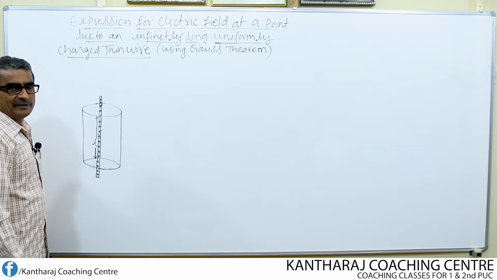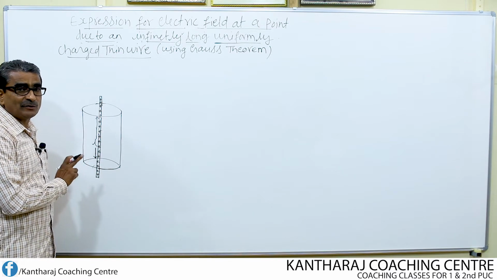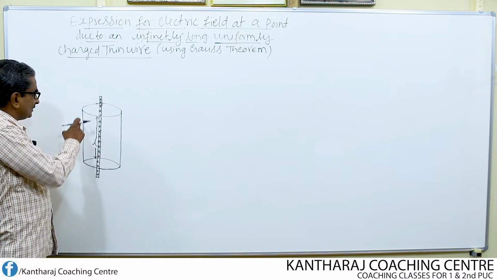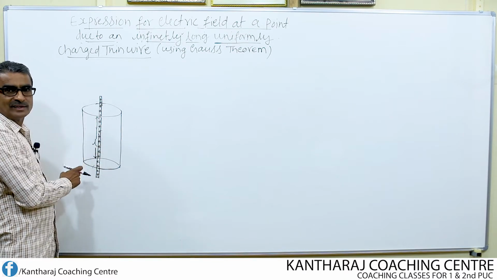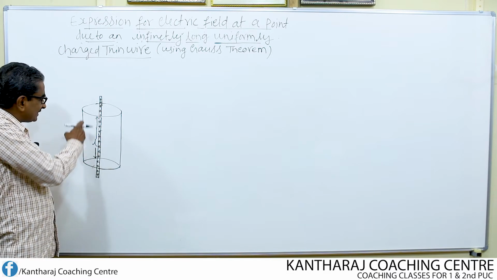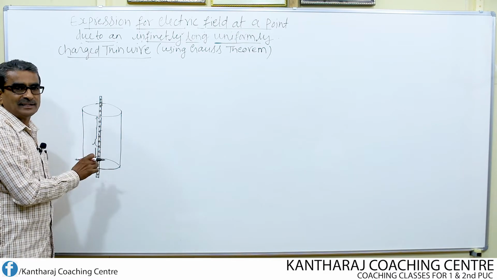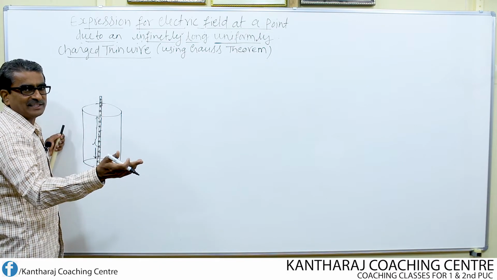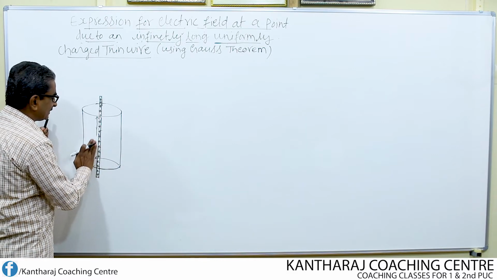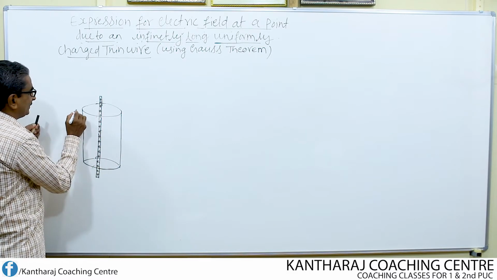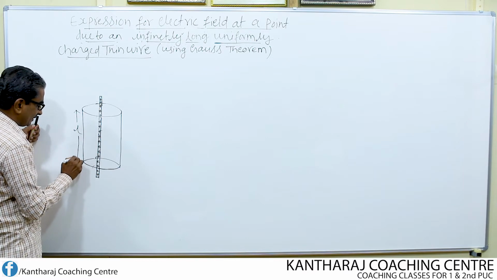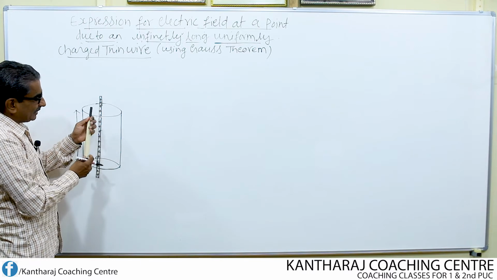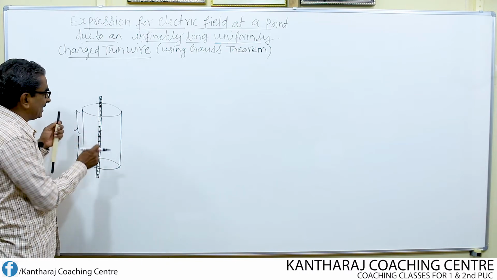Okay. Now here I am not going to consider L as the length of the wire, because the length of the wire is very long. So let the length of this Gaussian cylinder or Gaussian surface be equal to L. That means inside the Gaussian surface, the length of the wire should be taken once again equal to L itself. So let us write this outside, which is more convenient. If L is the length of the Gaussian surface, then the length of the wire inside the Gaussian surface should be taken as equal to L.